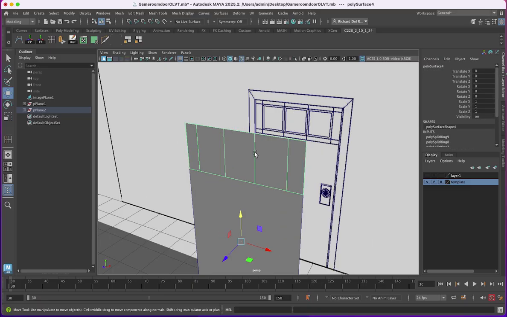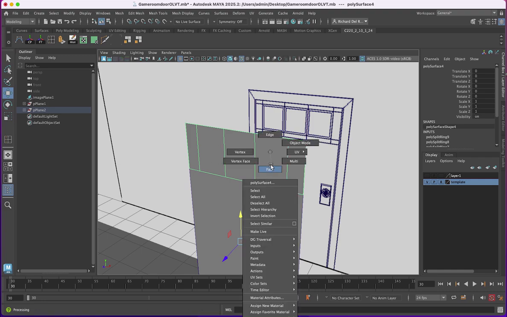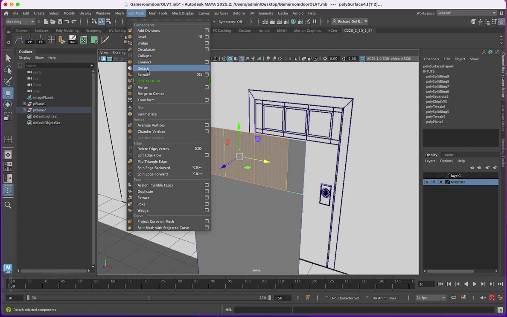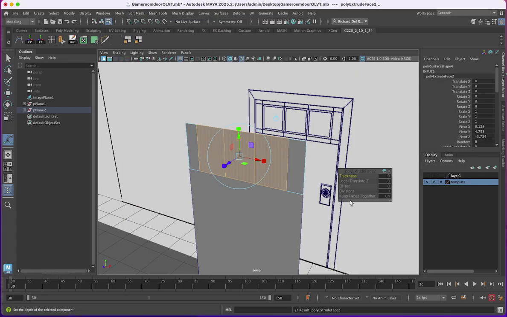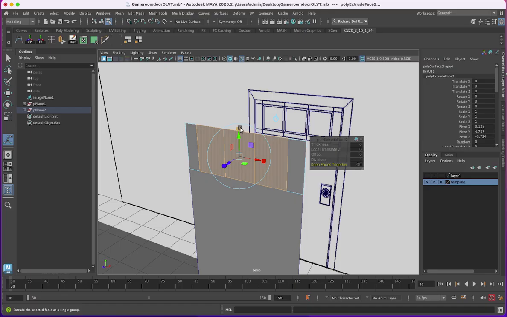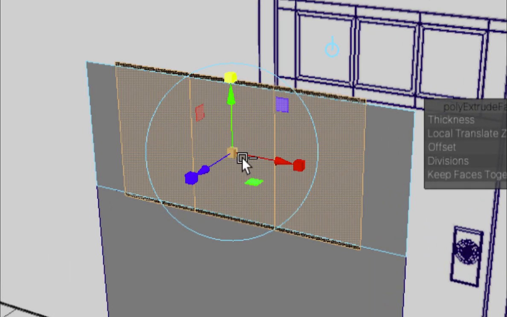Next, we're going to use the extrude tool to make the windows just the way we did on the wall. I'll right click and choose face, selecting the 3 middle faces, holding the shift, edit mesh, extrude, and because I want them to be individual windows, I need to go to where it says keep faces together and click on the word on. It'll make it off,